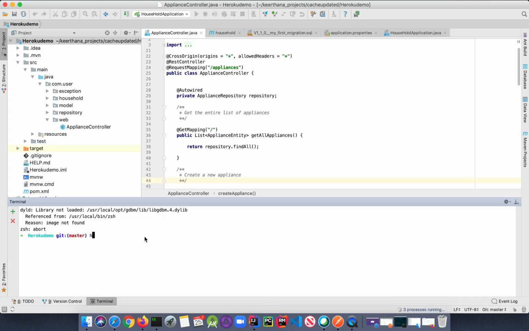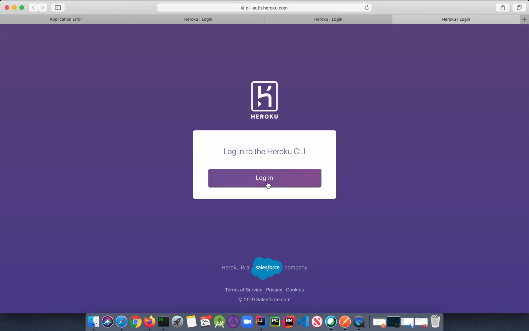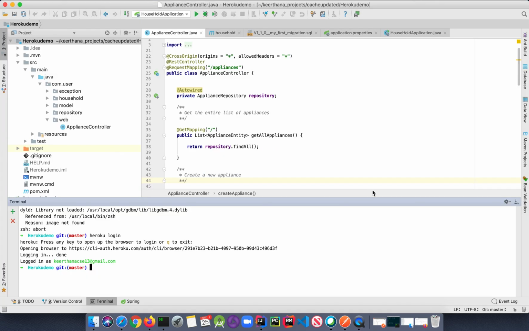Yeah guys, here you have to give heroku login. Just press any key for logging in. It will open up in a browser. Here you have to log in. So it's logged in. When you go there, it shows the message logged in as the username.